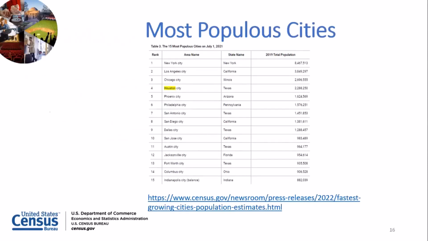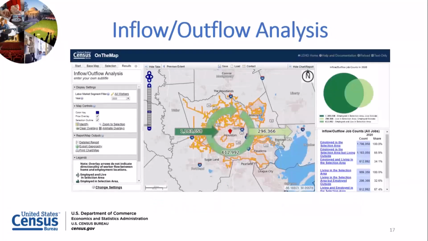All right, so moving on. Here is a list of the largest cities by population in the United States. New York being at the top, Los Angeles, Chicago, then Houston, Phoenix, Philadelphia, San Antonio, San Diego, Dallas, and so on. So there's always been talk about eventually Houston will overtake Chicago. And I like to use this example when we're looking at the inflow-outflow, because it's such a big number.